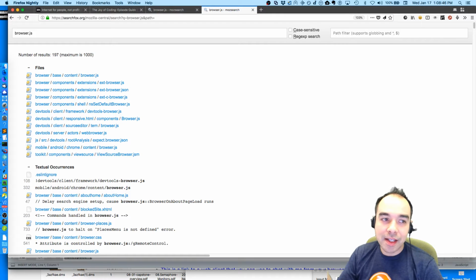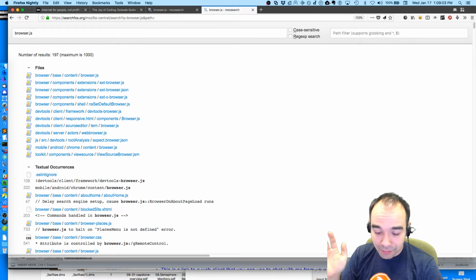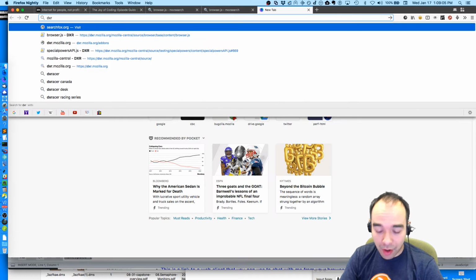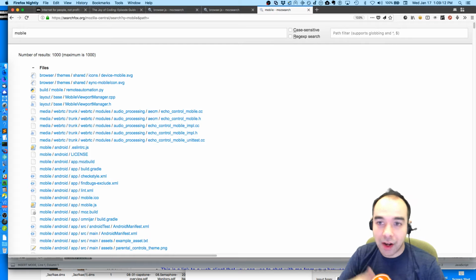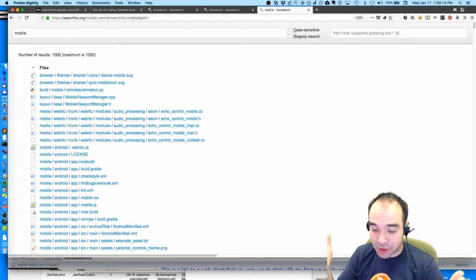And I'm using DXR for historical reasons. The tool SearchFox is not related to dxr.mozilla.org, except they have a similar user interface. But this is how I switched over: I switched from one tool to the other, but I kept the shortcut the same. So there's a historical reason for that. But you can set it to be whatever you want. So I can put in the query in the URL bar, and then it shows up immediately. I don't have to go to SearchFox and then make my query. And you can do that for any search engine.